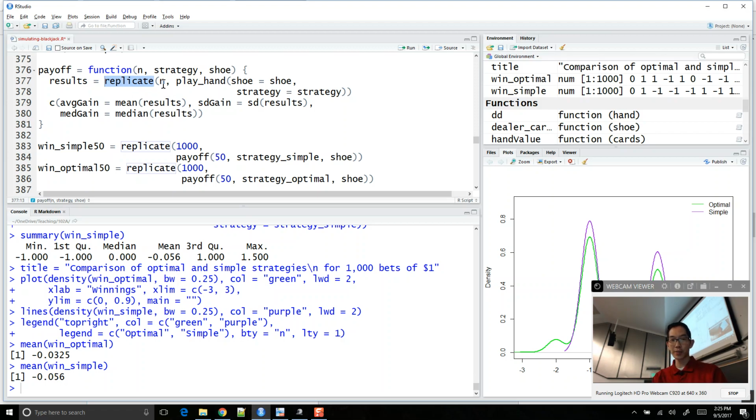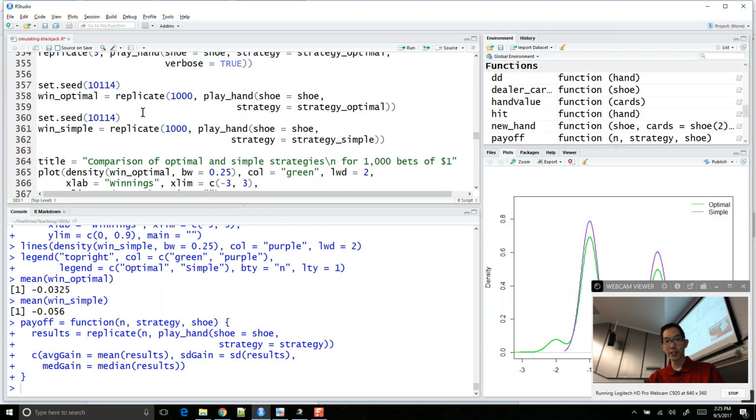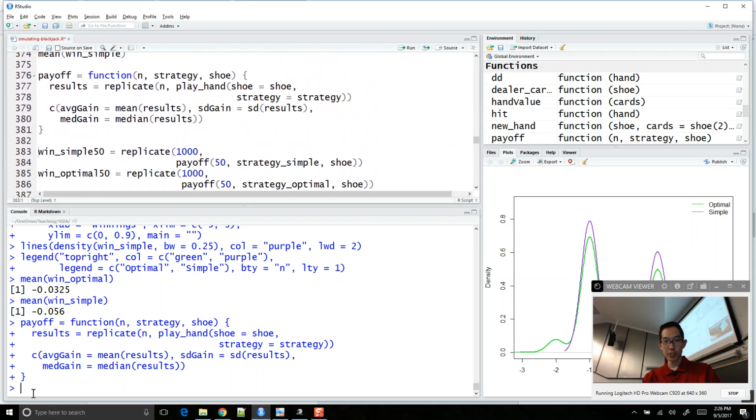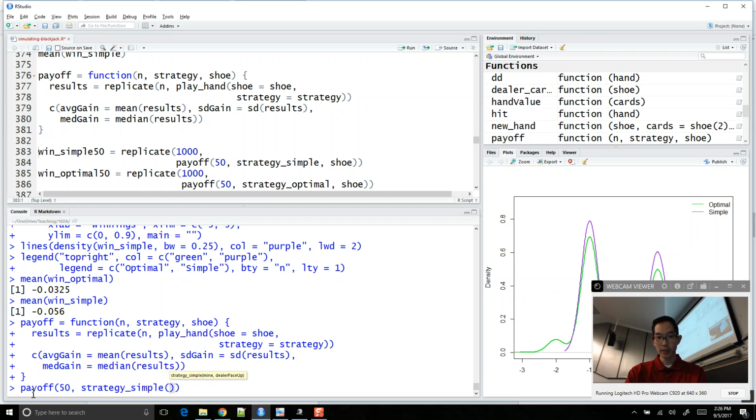We're going to run payoff here. Okay, so payoff is this thing. This says if you sat down and you played 1,000 games, this is what you get. Okay, so here let me just do payoff. If I do payoff 50 strategy simple with our shoe,